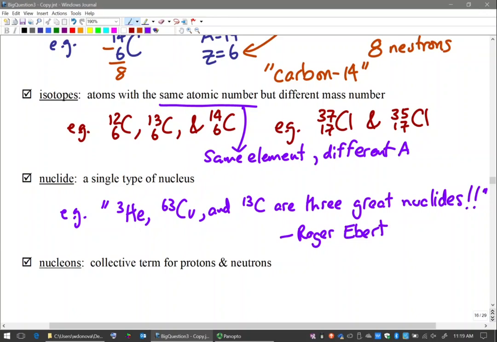So a carbon, a chlorine, a copper, yeah, they all begin with C. A helium, a hydrogen, they both begin with H. That's all they have in common. They're not of the same element, so they're nuclides. We can talk about this nuclide, hydrogen-3, or helium-3, or copper-63, whatever. This nuclide has these properties, and so on. It's awkward to say this isotope unless you say this isotope of chlorine. It seems pedantic, but